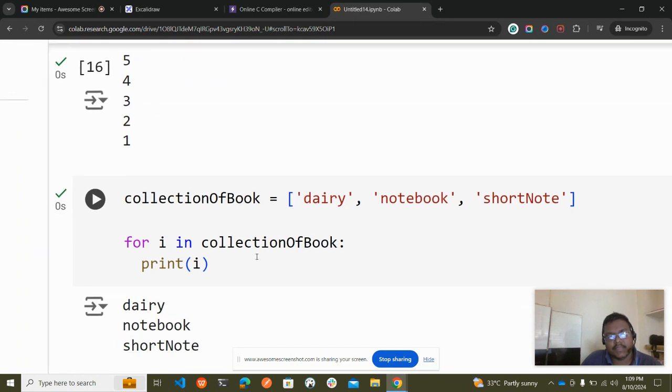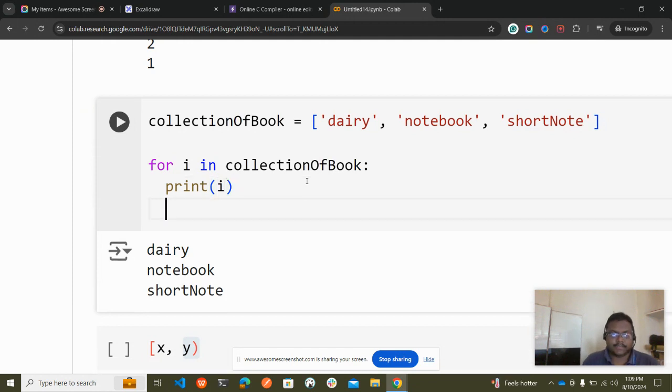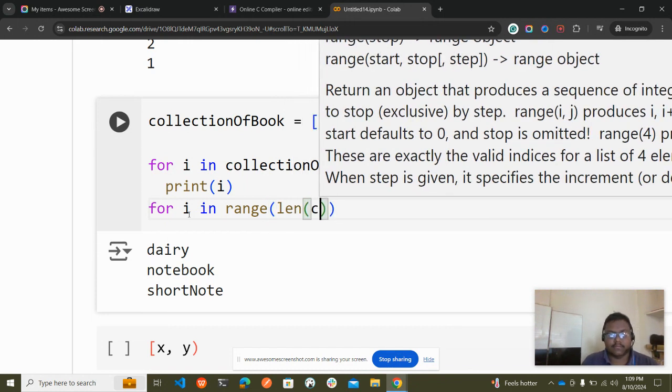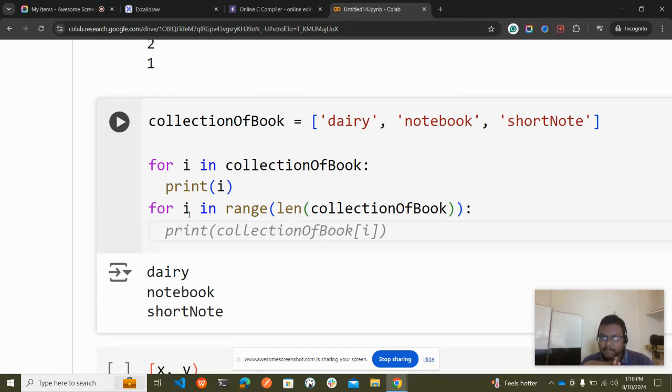Now here you see, in collection of books, first I need to find the length of the collection. And if I find the length of the collection, I want to know the third book. Okay, now let us see. So I will be writing here for I in range of, previously I have told there is a function called len. Okay, len of collection of books. So now what I'm doing is taking the length function. So length, I will be taking length as 3, for I in range of 3. Will that be sufficient for me? So let me print it and do it. Print of collection of I.